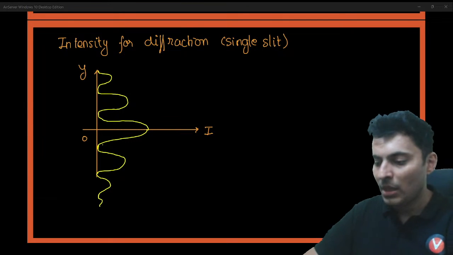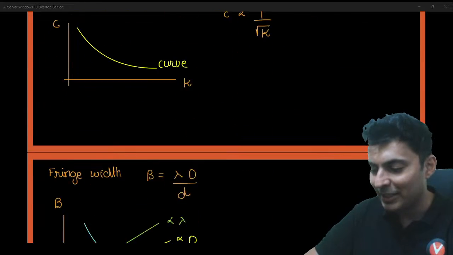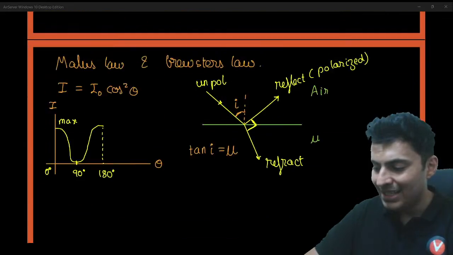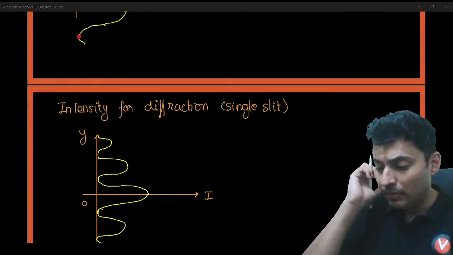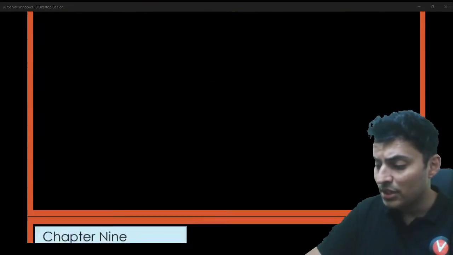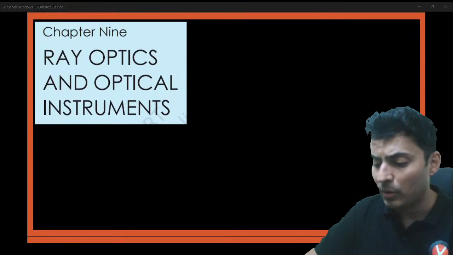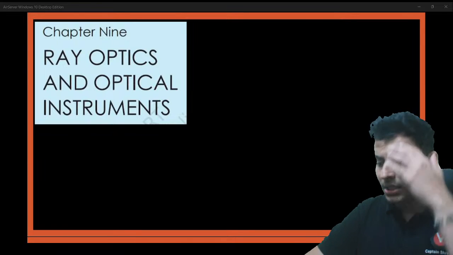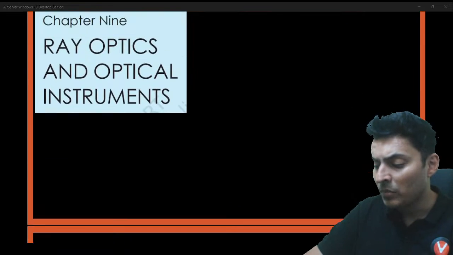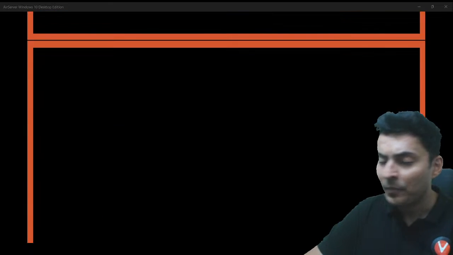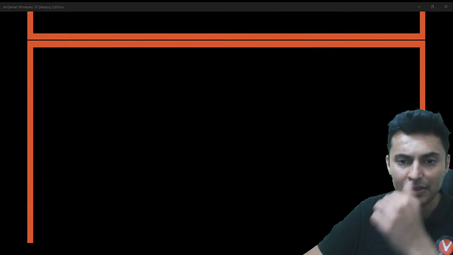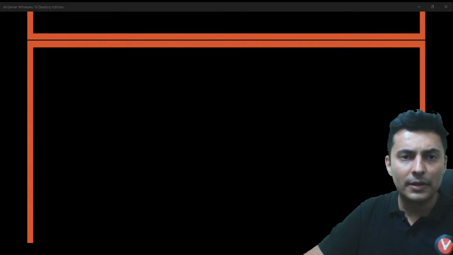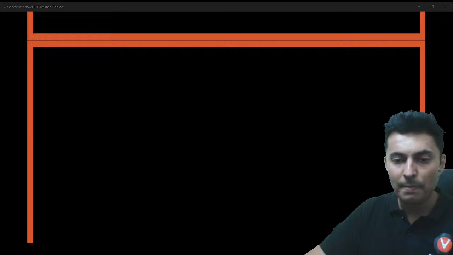We are coming to ray optics. Hold on, we have not yet come to ray optics. This was wave optics for now. These are the major graph based questions in wave optics. Let's go to ray optics and optical instruments as well. There are a lot of diagrams, or I would say graphs, in ray optics as well. Let's have a look at it one by one, my dear students. First thing is your, what do you say?